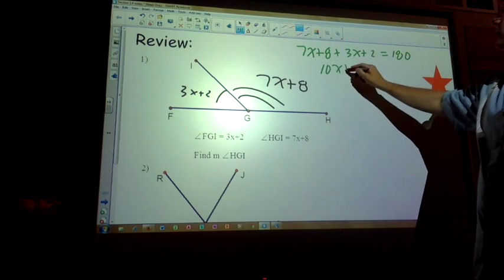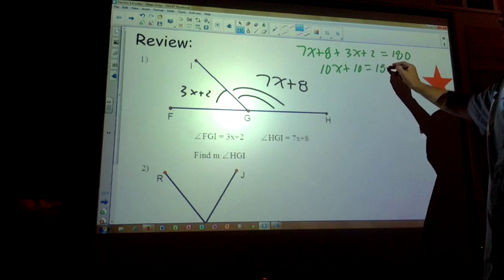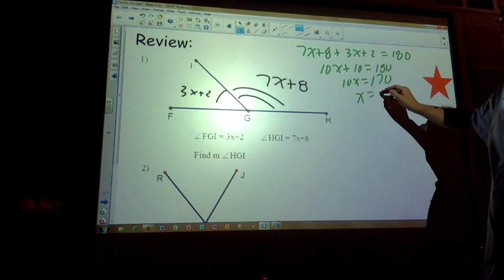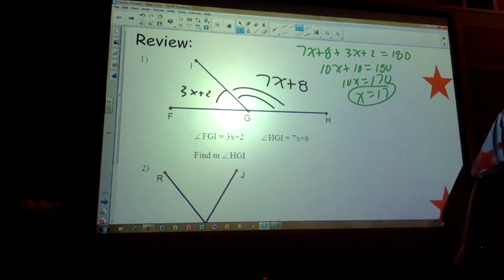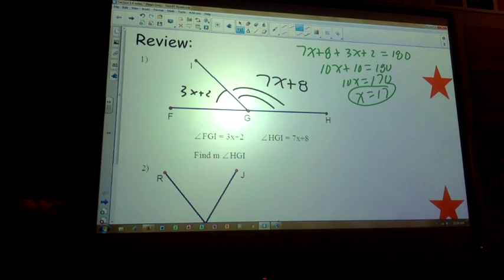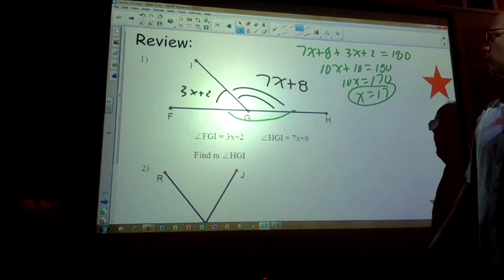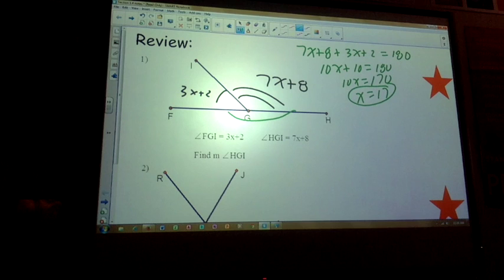Yeah. 10x plus 10 equals 180. 10x equals 170 by subtracting 10. X equals 17. Question? It's 180 because the line, the FGH line, is a straight line, a straight angle. All right, so if we find x, we have that, and then if we want to find HGI,